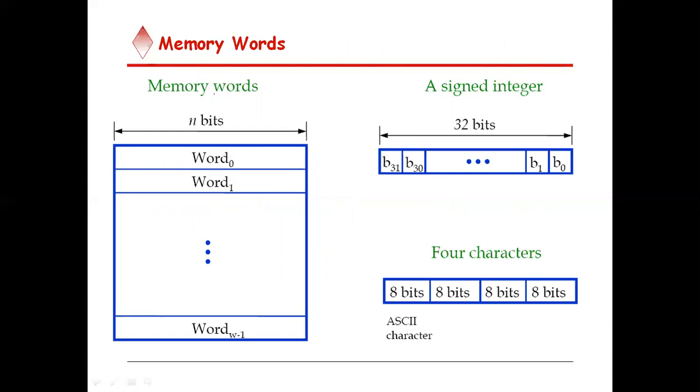So I told you n bits together represent a word. We can represent this as the first word, second word, third word, like that, and the data will be stored from 0 to 31. So this is a 32-bit word, and if it is an integer, the complete 32 bits are used for representing one integer. But if it is a character, like an ASCII character, then we know that 1 byte is required for storing a single character. So in 4 locations, 32 bits means 4 bytes are present, and in each byte location you can save one ASCII character.